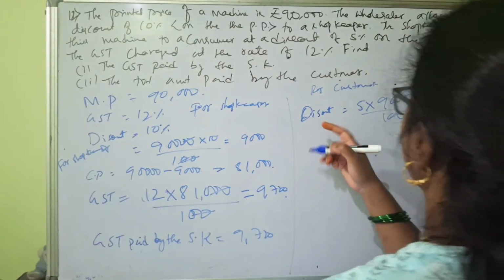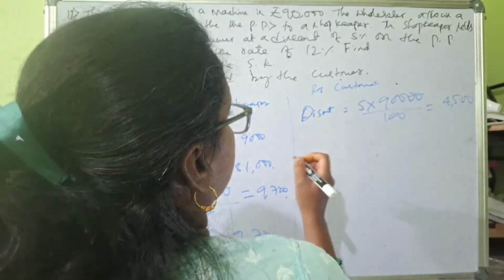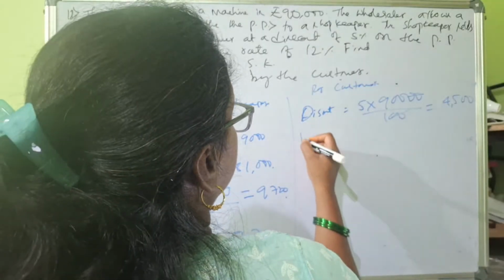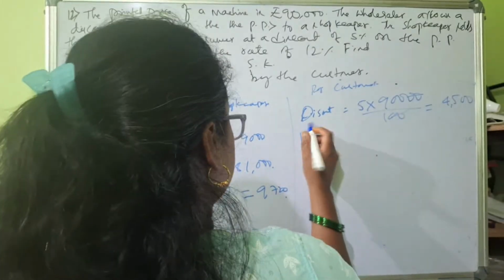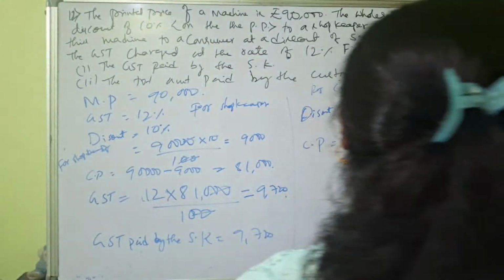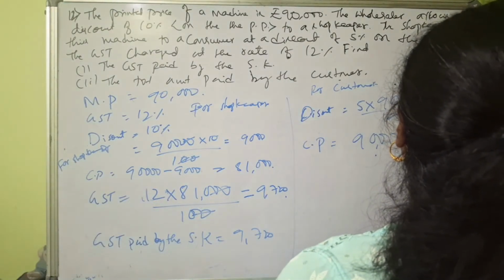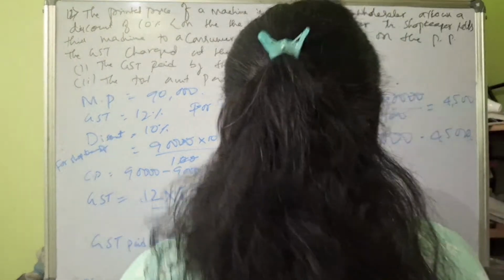So the shopkeeper gives a discount of 4,500 to the customer. So the cost price for the customer is 90,000 minus 4,500, which is equal to